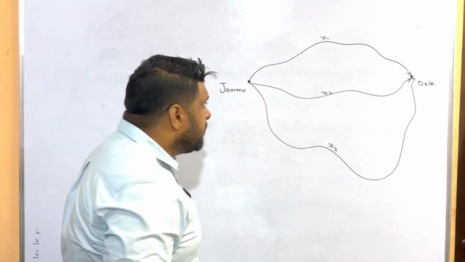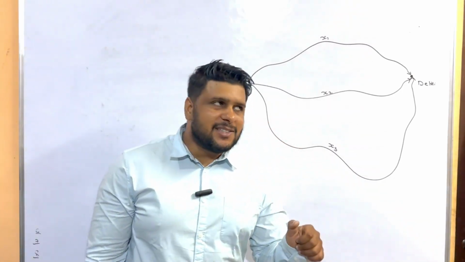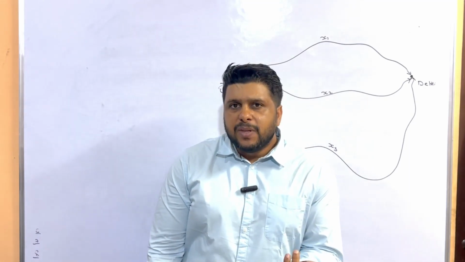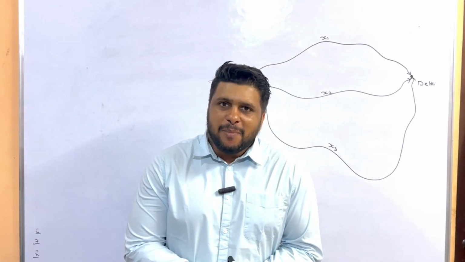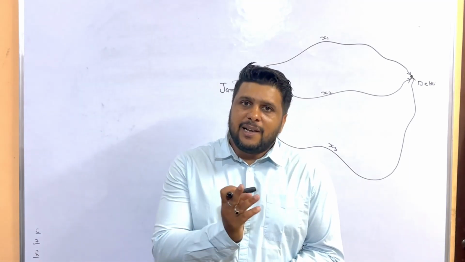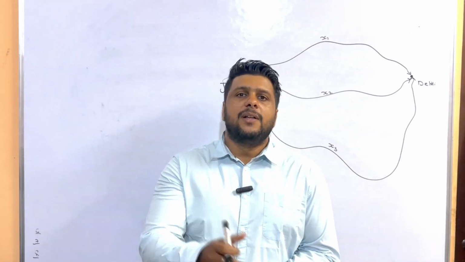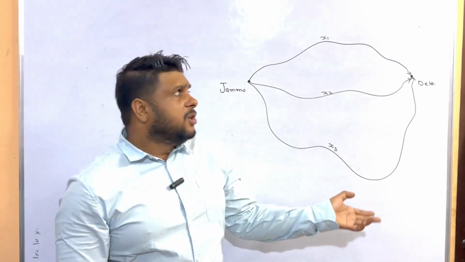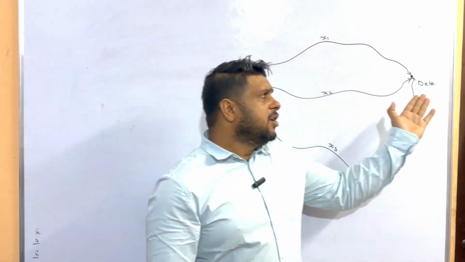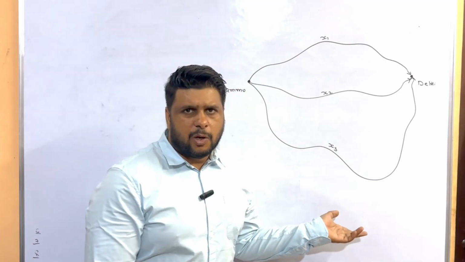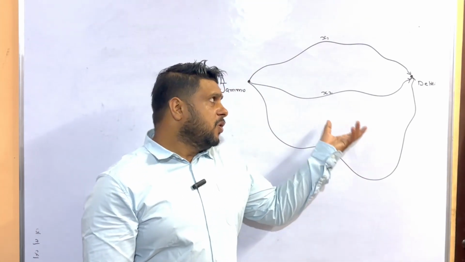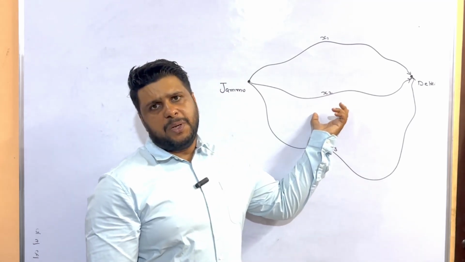Now Google automatically selected the x2 path for me because it wanted me to save time, and I also want to save time and travel less distance. Let's say this is 100 kilometers, this is 150, this is 300 kilometers. If I have to reach from here to here, why would I travel these 300 kilometers unless I have to cover some destinations here? So Google selected this one for me automatically.